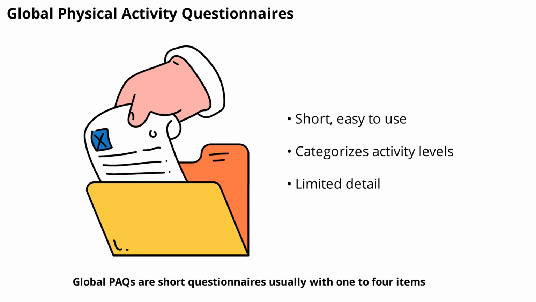Global PAQs are short questionnaires, usually with 1 to 4 items, designed to quickly categorize individuals into activity levels. They ask about regular activity, comparisons to peers, or frequency of activities that cause sweating. These tools are useful for large-scale surveillance and broad classification, but don't provide detailed information on total activity or context. An example is the EPIC PAQ, which categorizes individuals as inactive, moderately inactive, moderately active, or active based on the